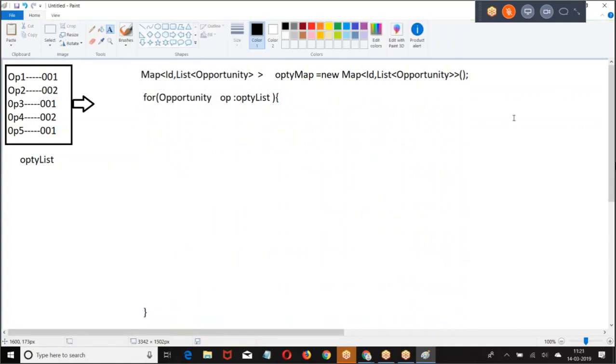What did I do in this case? One by one opportunity I have taken. We are just trying to understand the logic first. Then I'll try to make a use case.